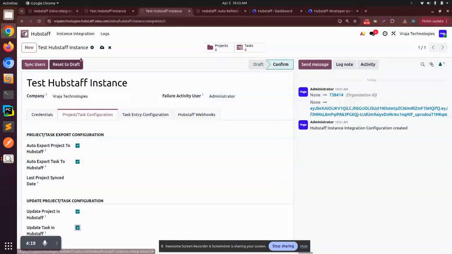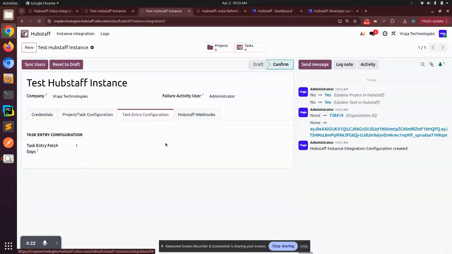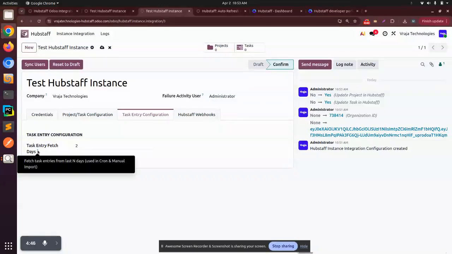Next step over here, after saving this, we will go to the task entry configuration. Task entry configuration is basically for whenever you want to fetch your task from the last how many days. Currently one is set up by default. So whenever I want to fetch my task entry from the last 1 day, I will keep one. If you want it to be from the last 2 days, you will keep two over here. So that is how task entry configuration is done. It will show you that from the last n number of days the entries will be fetched over here. So this is the task entry